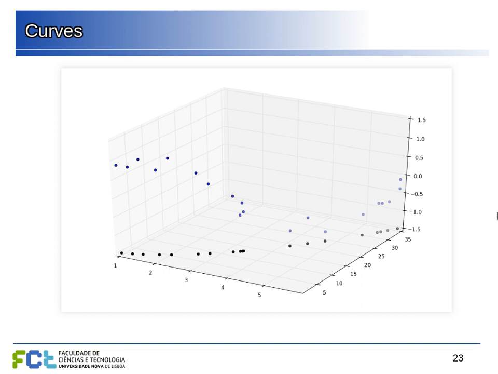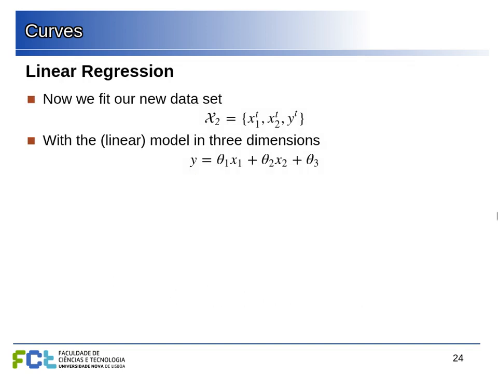And now we're going to do a linear regression again. But now we're going to do a linear regression in 3 dimensions with 3 parameters. So y is something multiplied by x1. x1 is the original x squared. Something plus something multiplied by x2, and then a constant. So we have theta 1, theta 2, theta 3 to adjust our model. And this model is describing something that is linear in 3 dimensions, which is a plane. So this model is describing the hypothesis class, which is the set of all planes in 3 dimensions.